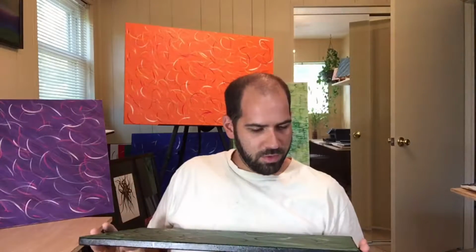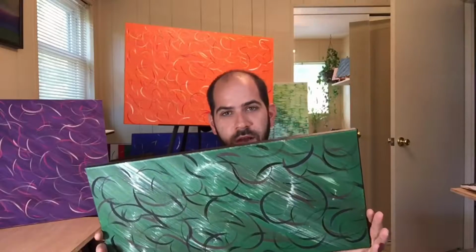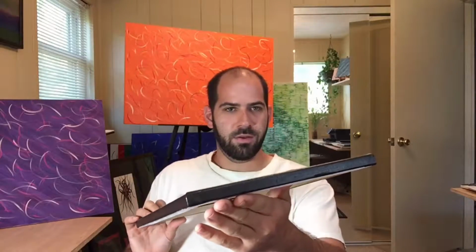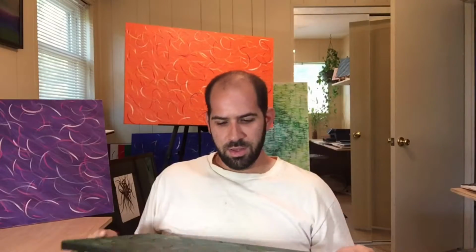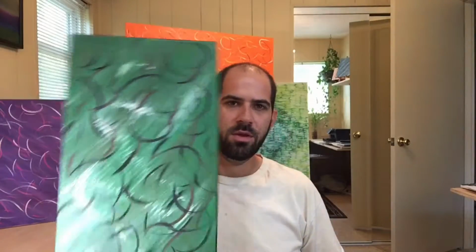The one that I kind of threw in there at the last second, I didn't talk about in the video because it was just sitting around. It's actually finished, as this is the black swirls from June. I just never did the background or the edges, so I got the metallic edges on there, and it just gives you kind of a comparison where you can see how my style kind of ranges,